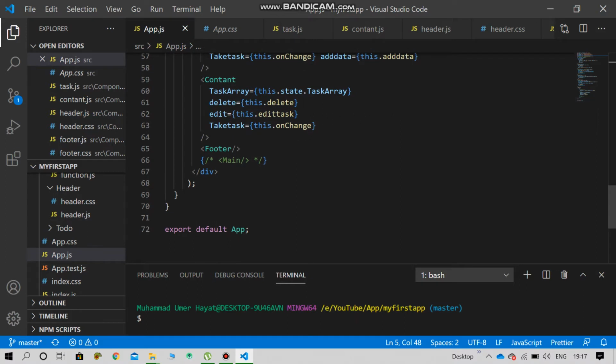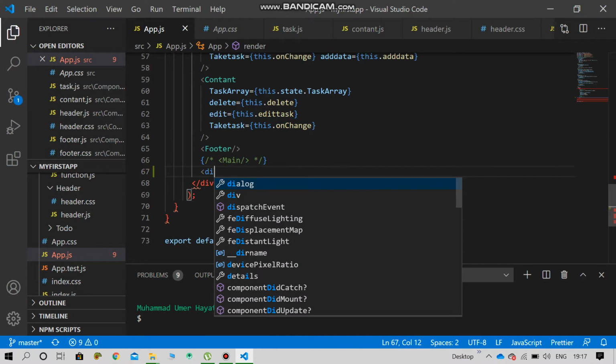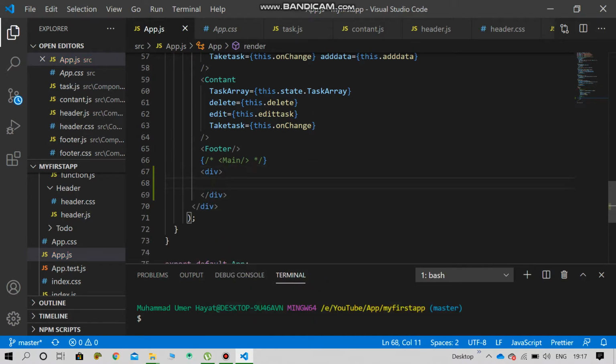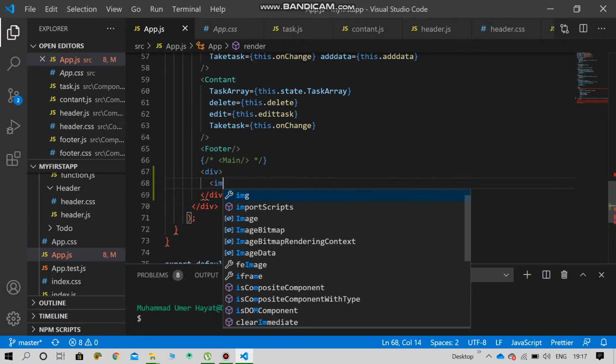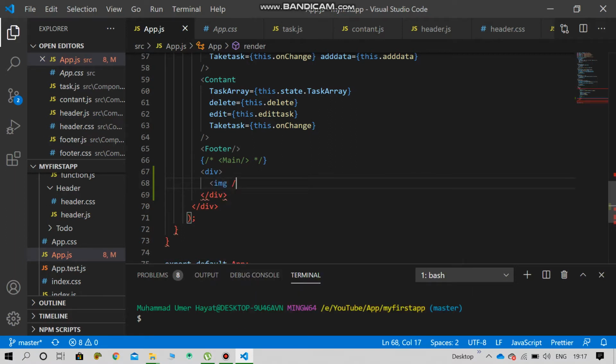So here in the div, everywhere, we create a div. It depends upon you, you can create a div or you can create a direct image tag. So we paste an image in an image tag. So img, that's okay. So src, source is equal to, and here we give the path of the image where our image is stored. Our image is stored in the assets folder.